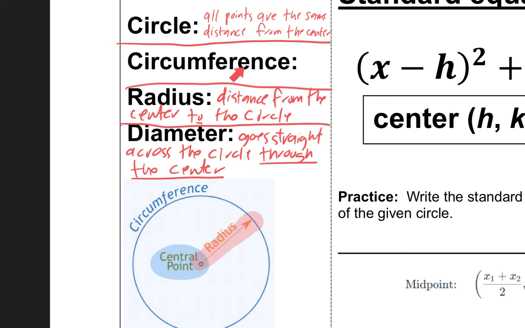All right, so then what's the circumference? The radius is that. The circumference, how would you describe that? The circumference is the distance around a circle. Okay, so the circle itself is where all the points are the same distance from that center. Circumference is the distance around there. The radius is the distance from the center point to the circle, and diameter goes all the way across. All right, so keeping that in mind, let's get right into some